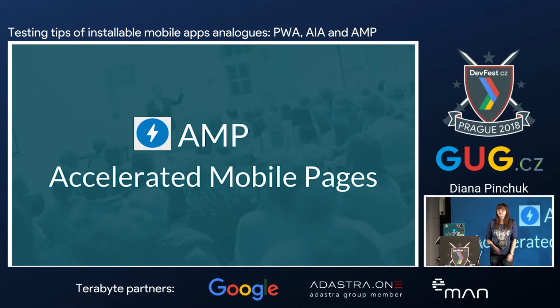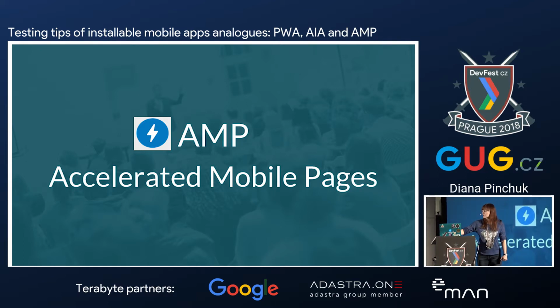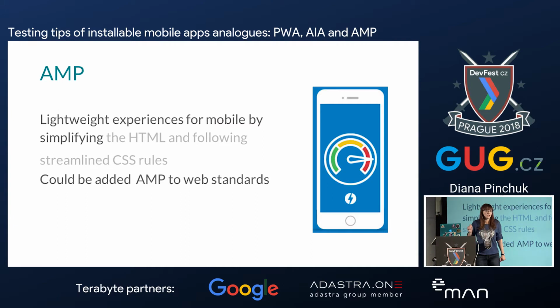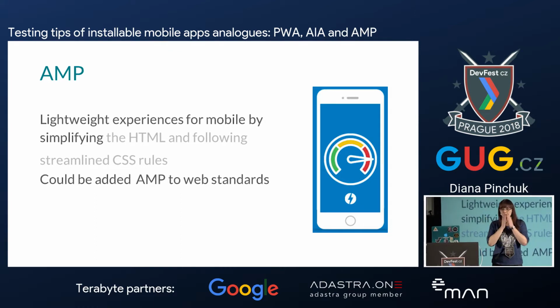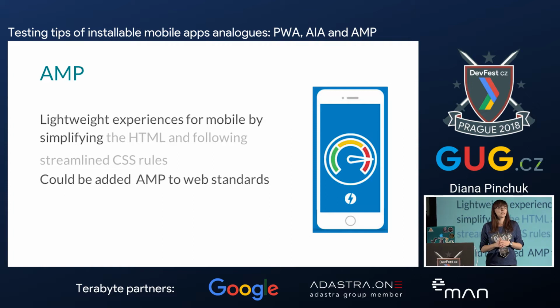Accelerated mobile pages. It's actually mobile web, but a bit non-typical one. It uses lightweight JavaScript and CSS, and that's why they could be accessed instantly. And also, as I know, Google is trying to push it to become a web standard. Accelerated mobile pages were created as an analog to Facebook Instant View. Probably you've seen this feature when any article or any URL could be clicked and data is shown immediately.